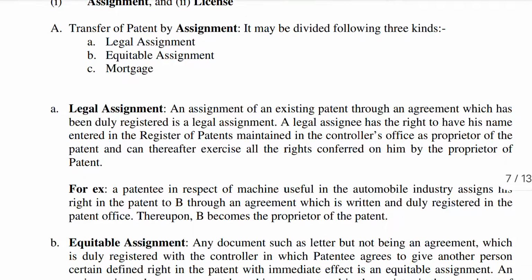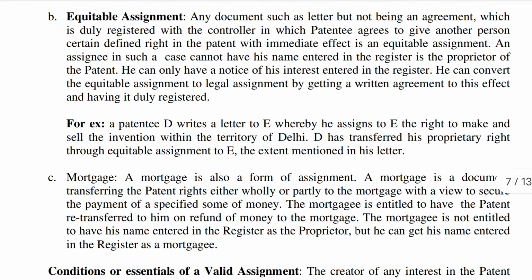Second is the equitable assignment. Any document such as a letter, but not being an agreement, only a document in the form of a letter which is duly registered with the controller, in which the patentee agrees to give another person certain defined rights in the patent with immediate effect, is an equitable assignment. An assignee in such a case cannot have his name entered in the register as the proprietor of the patent. He can, however, only have a notice of his interest entered in the register. He can convert the equitable assignment to legal assignment by getting a written agreement to this effect and having it